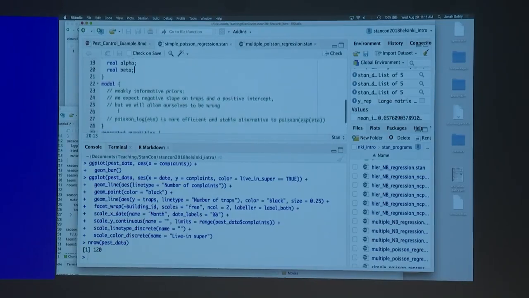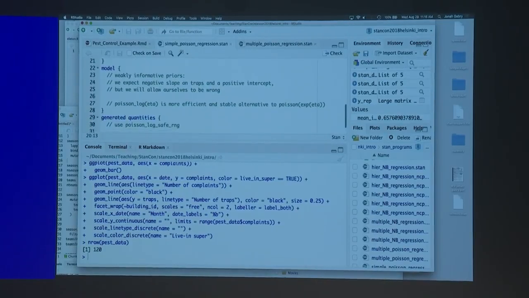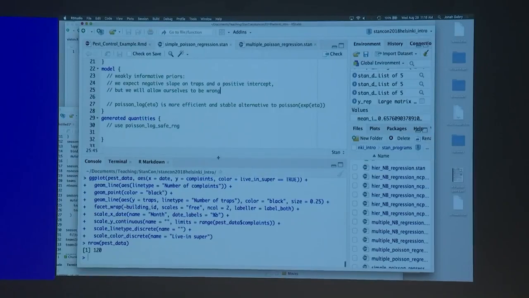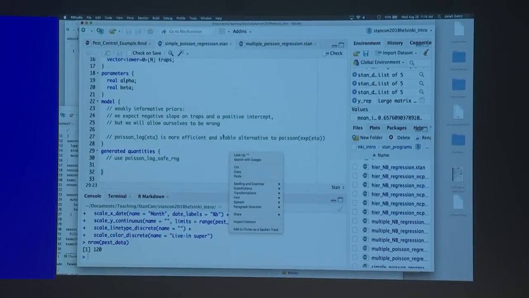Okay. This is a reminder to me. And okay. What time is it? 11:15. Okay, I think we're gonna get through this and then fit the model and be good. Okay, so